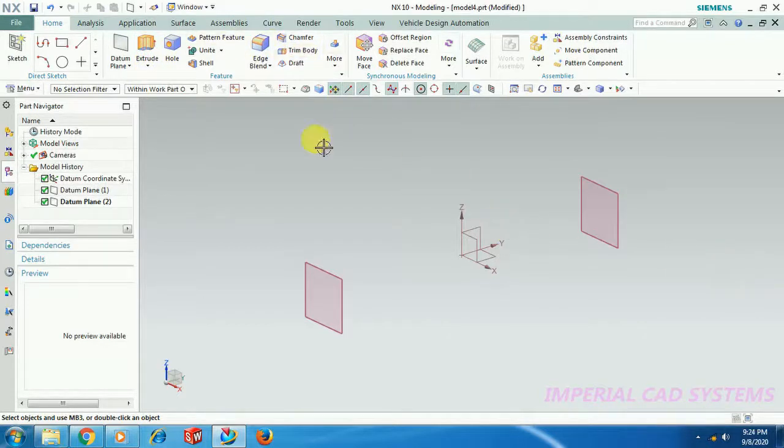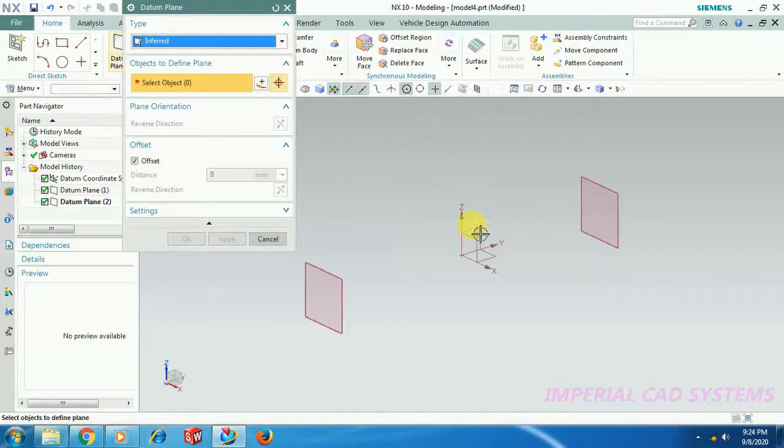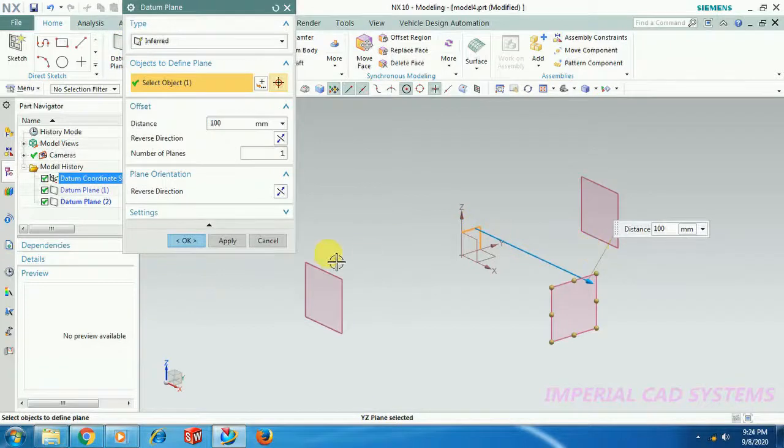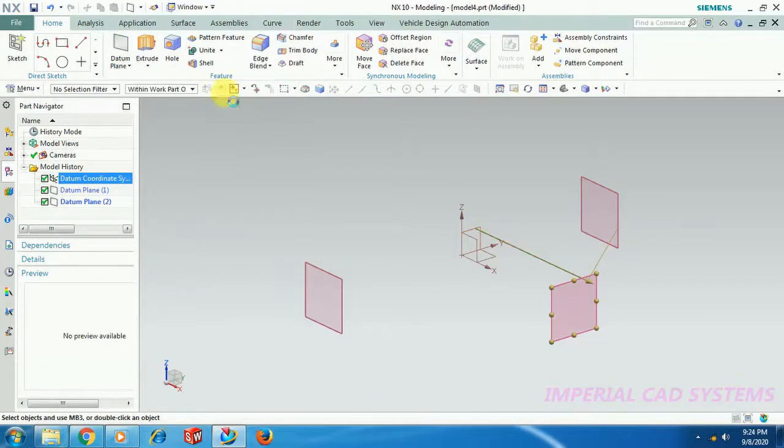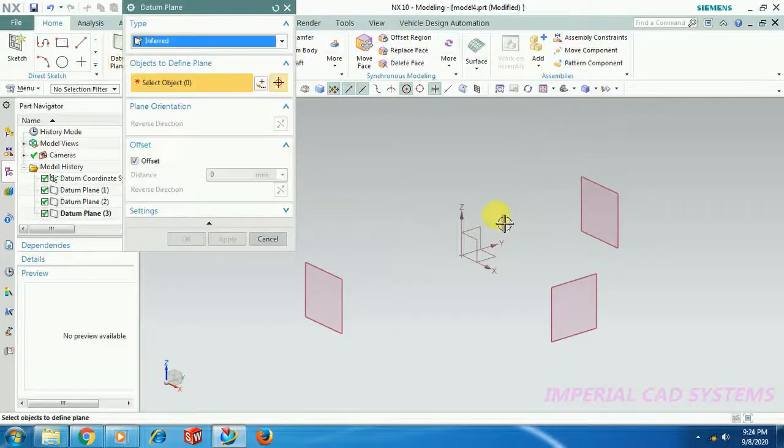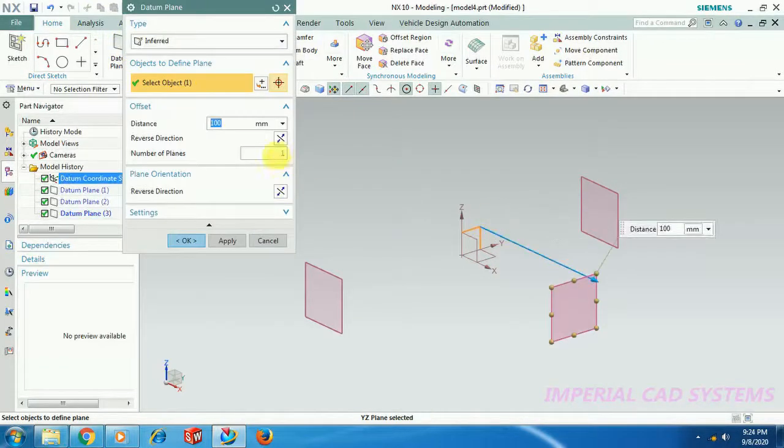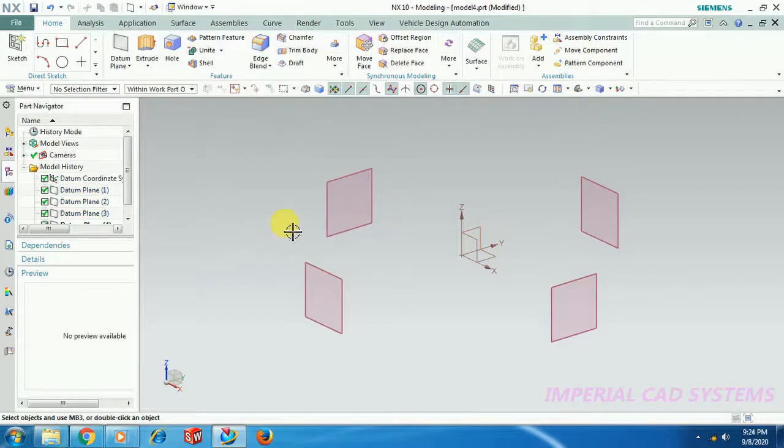Four ways, perpendicularly I am taking 4 planes. See, another plane at 100 mm distance, and another plane in the reverse direction.